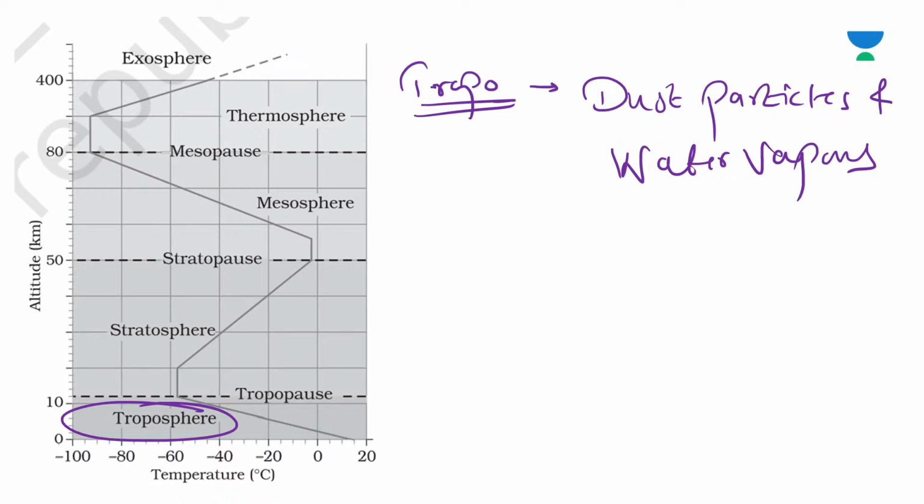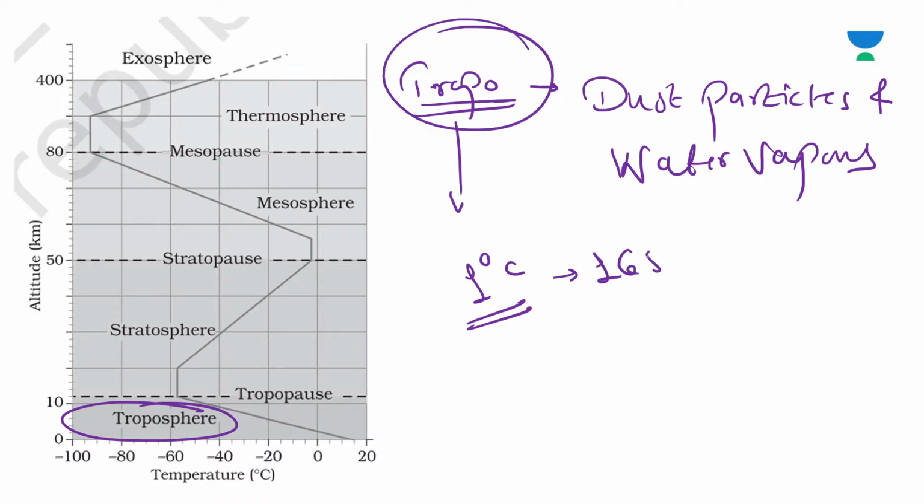All changes in climate and weather take place in the troposphere. The temperature in this layer decreases at the rate of 1 degree Celsius for every 165 meters of height,